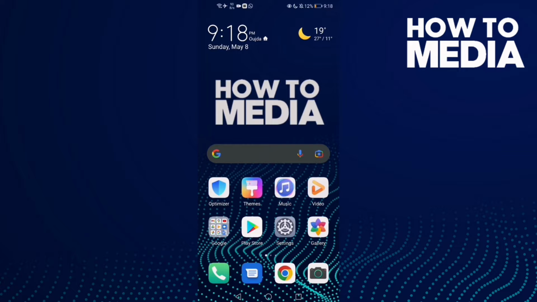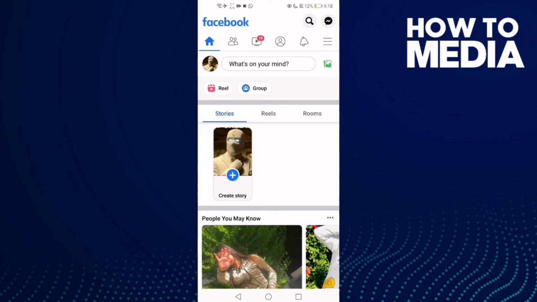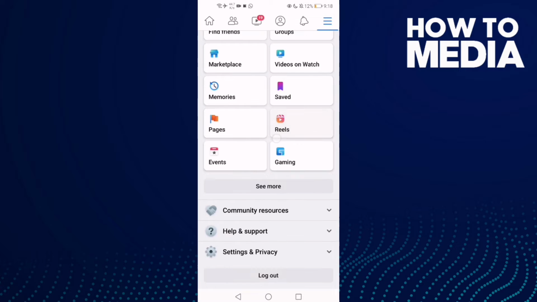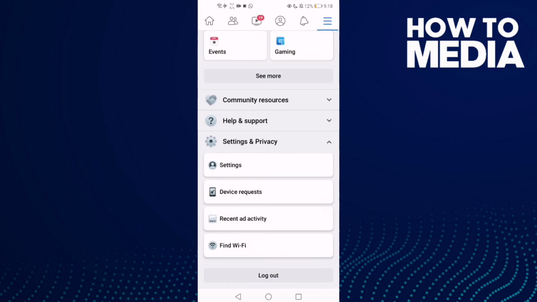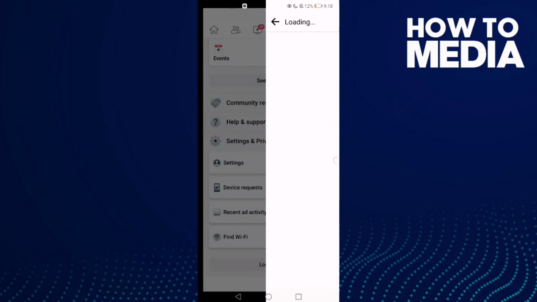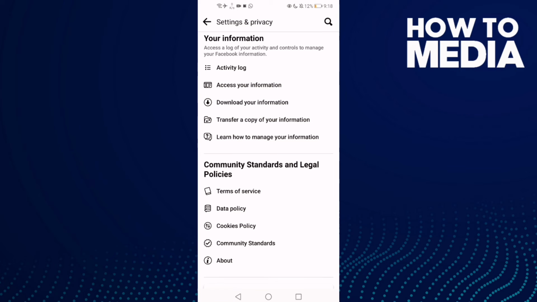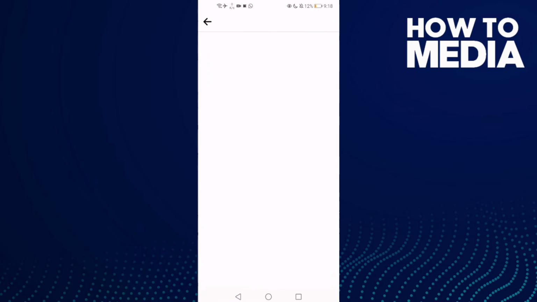First thing I'm gonna do is go to Facebook and then click these three lines here in the top corner, and then go down, click settings and privacy and then settings, and now just go down and click download your information and then click